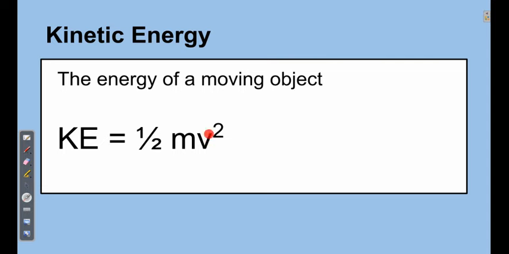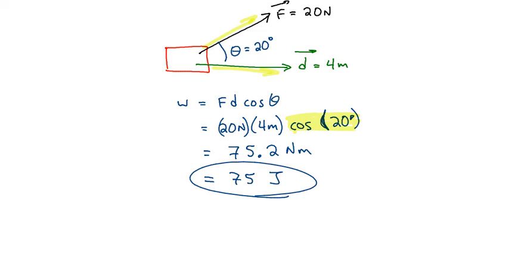Right here, the velocity is important. What would have more energy, a car moving at 2 miles per hour or a car moving at 40 miles per hour? As the velocity goes up, the kinetic energy goes up, and don't forget to square the velocity there. That's an important quantity as well. So let's try a couple of these to